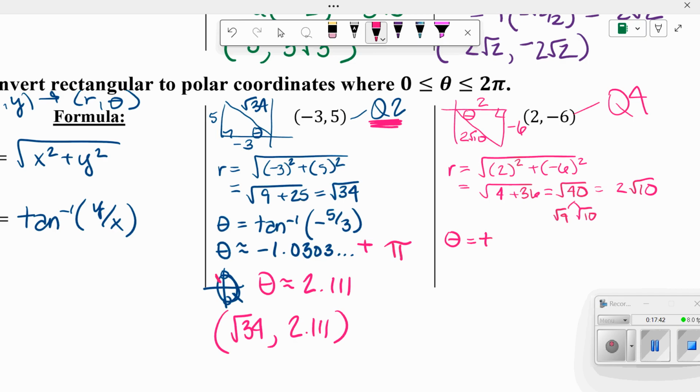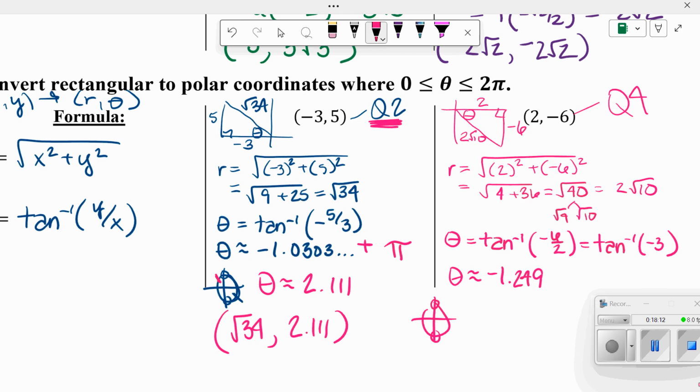we're going to do tan inverse of y over x. So this turns into tan inverse of a -3. All right, so go ahead and plug that into your calculator. So we're going to do second tan of a -3. And I'm getting about a -1.249. Now again, we know tan inverse lives in 1 and 4, and a negative radian kicks me down there,